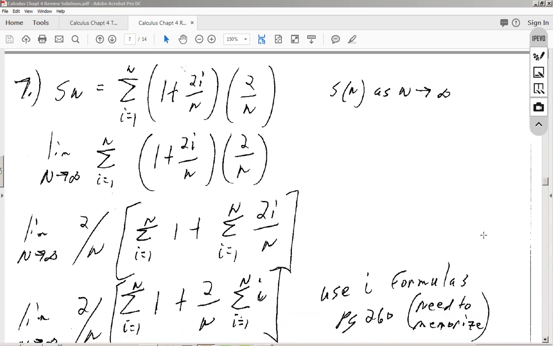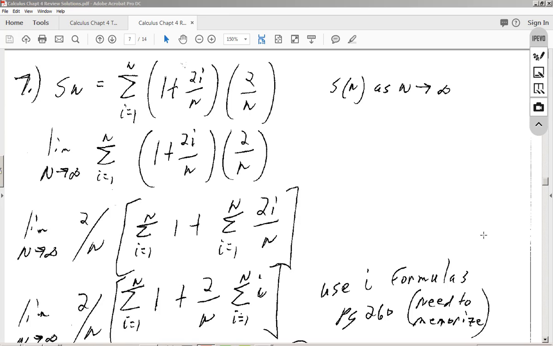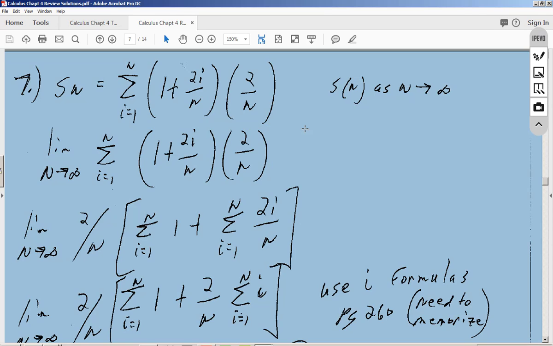On number 7, the directions say, let s of n equal the summation of i equals 1 to n of 1 plus 2i all over n times 2 over n. It says find the limit of s of n as n approaches infinity. So substituting that in, here's my equation. So my equation